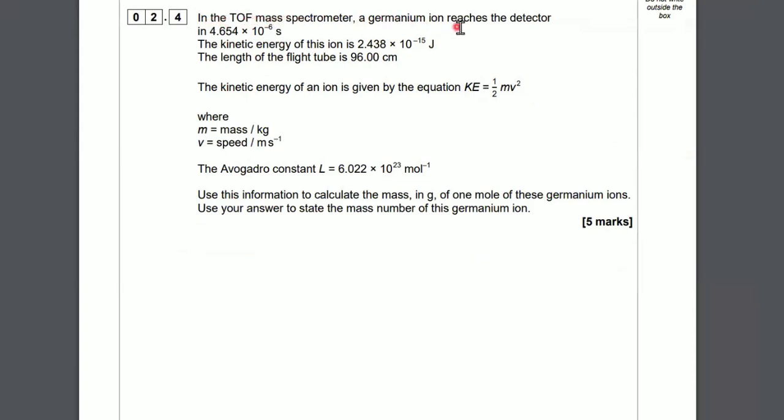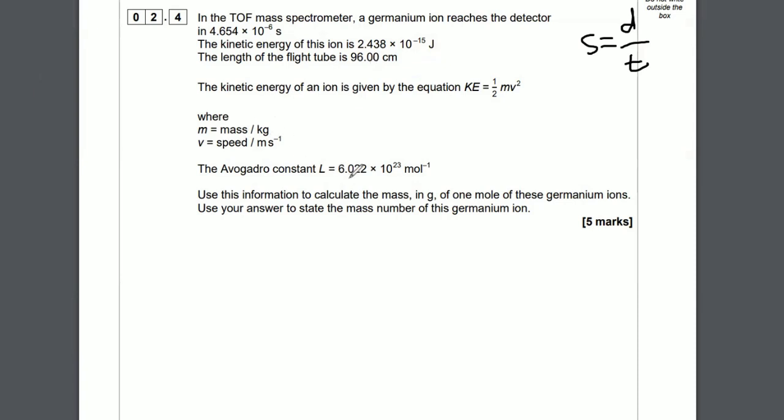In the time of flight mass spectrometer, a germanium ion reaches the detector in 4.654 times 10 to the minus 6 seconds. So we've got the time there. The kinetic energy of this ion is 2.438 times 10 to the minus 15 joules. The length of the flight tube is 96 centimeters. So we've got distance and time, and that should